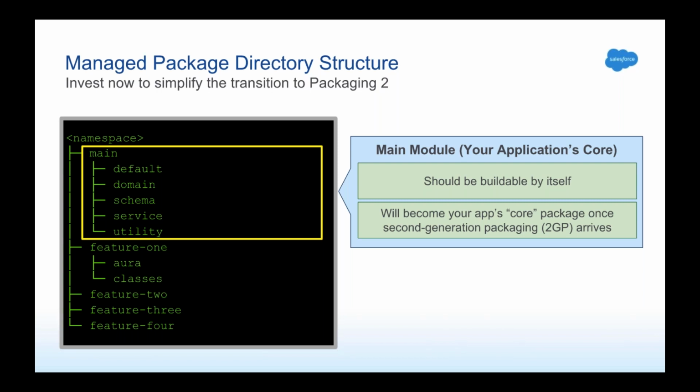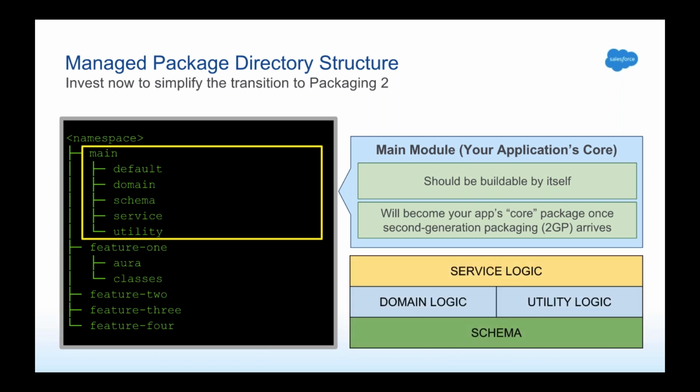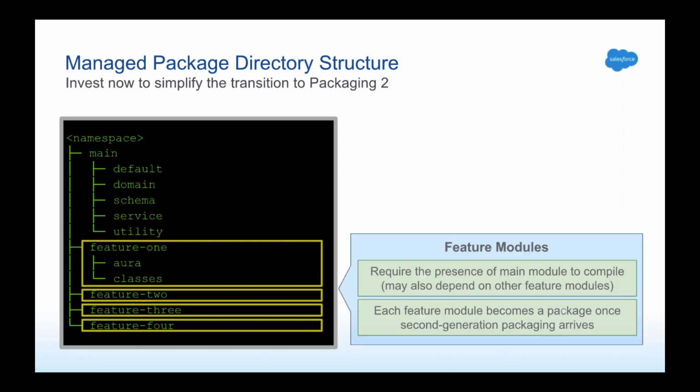Now, if you have those three layers, schema, domain and utility logic, and service logic, inside of this main module, then when packaging 2 comes along, that becomes your core package. That becomes one of the second generation packages that you're going to be able to compose together to form your overall app. You'll also see that we have these feature modules. Again, it's all in the same package directory. So this is all going to end up getting mushed together and put into your first generation package just the way it is now,